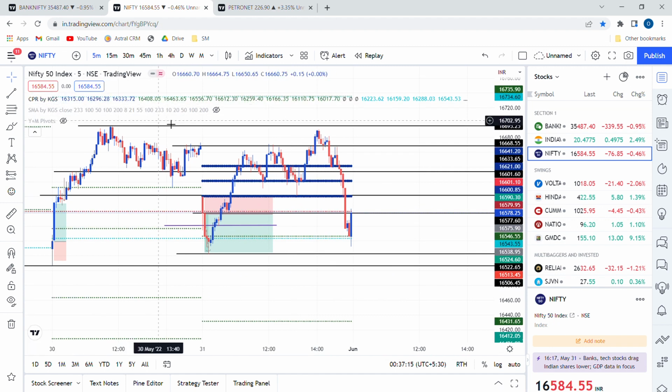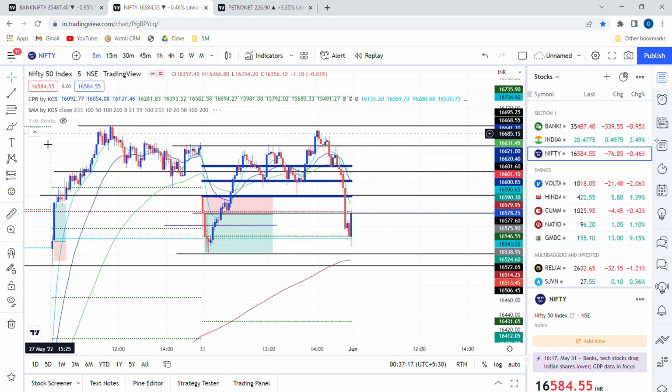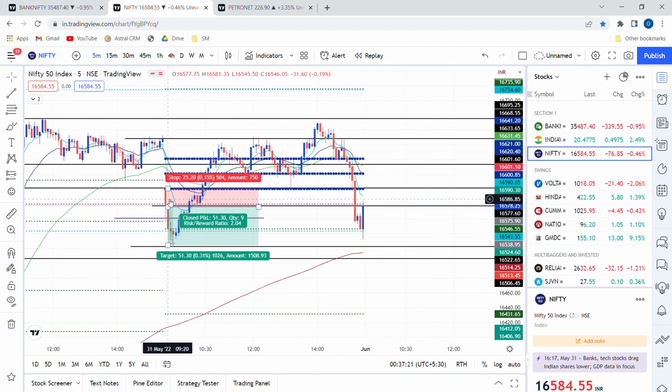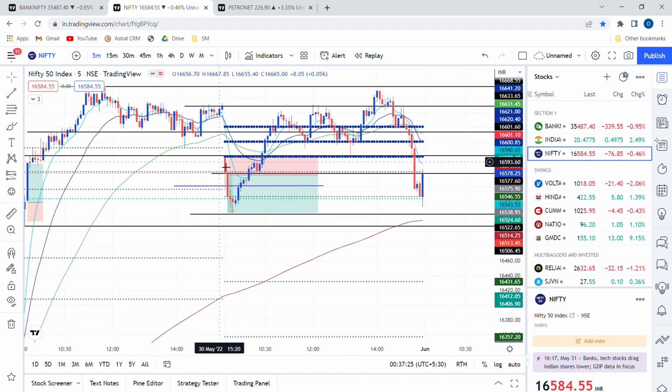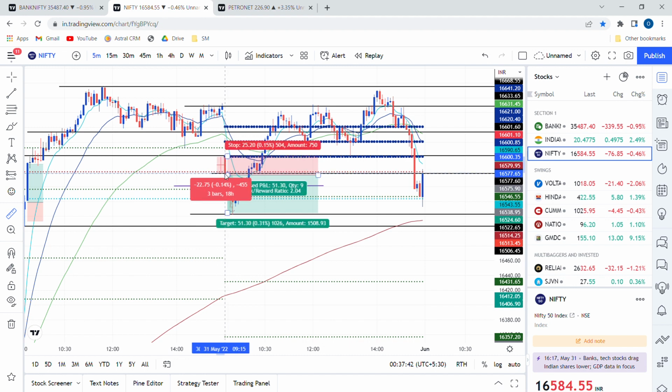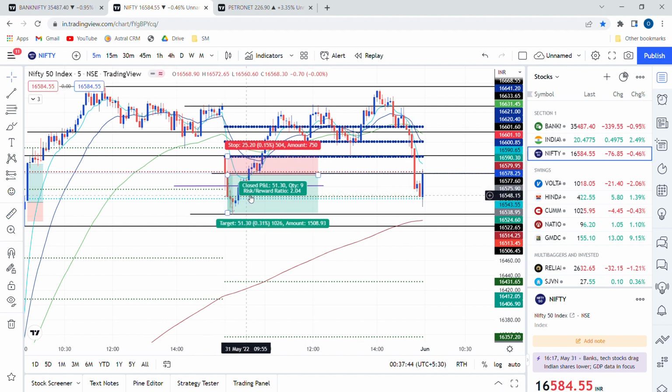So if we make all our indicators visible, as you can see, the market opened gap down and it took rejection from the CPR. So basically this was the rejection, and it also had a very big wick. So the market sentiment was very bearish today in the morning. After seeing this bearish candle, I took the trade for the downside for 51 points and eventually booked my profits.